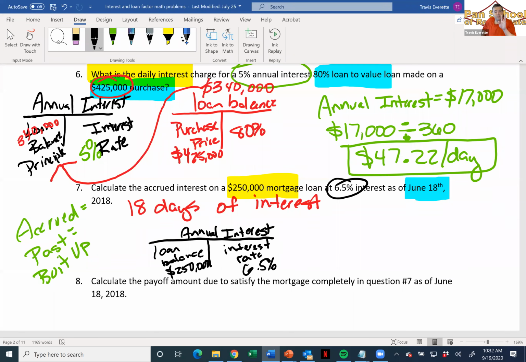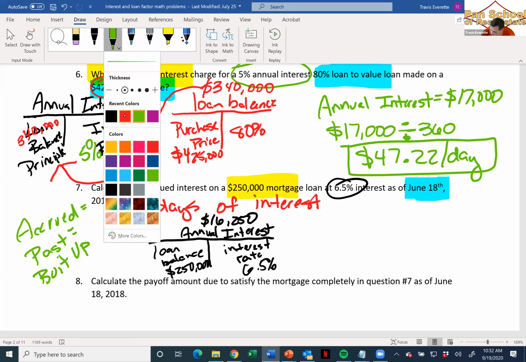Whenever you have, here's a big clue. If you've ever got 2 numbers in a T-bar filled in, you can stop hunting and go ahead and calculate that third one. Doesn't that make sense? Yeah. If you've got 2 of the 3, go ahead and do the math, whether it's division or multiplication, and fill it in. And so that's going to be $250,000 times 6.5% interest. That's $16,250 in annual interest.